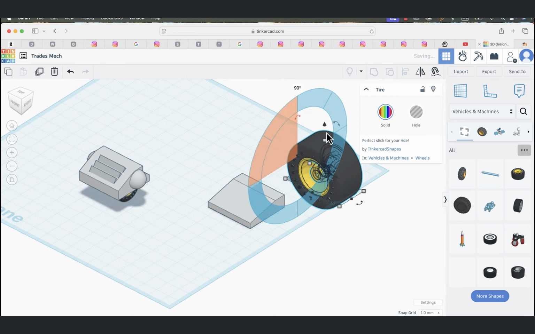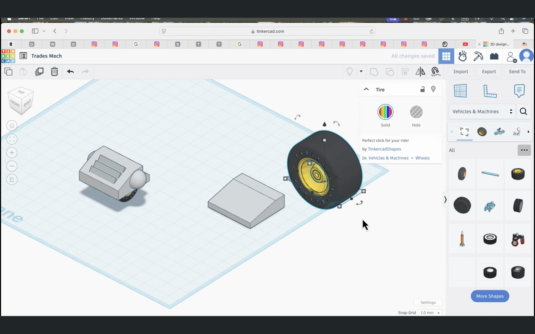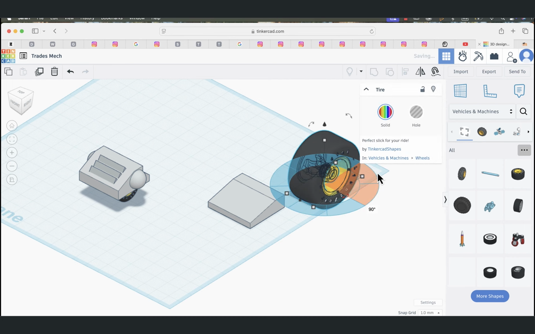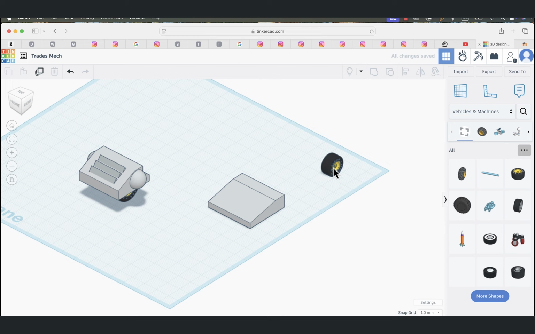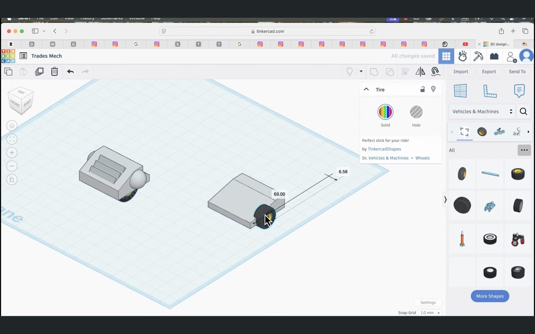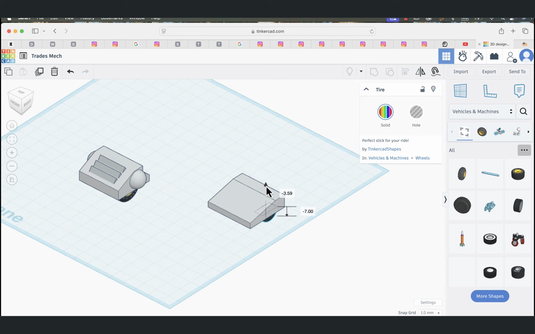So shift, so getting this, and then shift to keep it to that angle, hold the shift key, and I can scale it down, and I can move it over here. So I can see if I move it in there, it's about right. Sticks up a wee bit. So I will take it down a wee bit, and I can check all this by going back to the